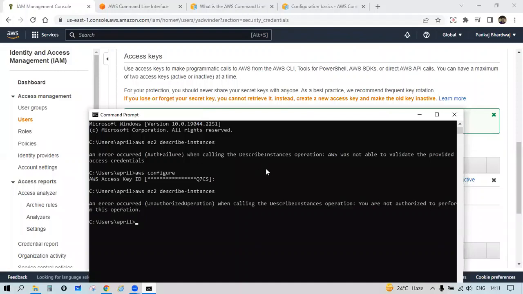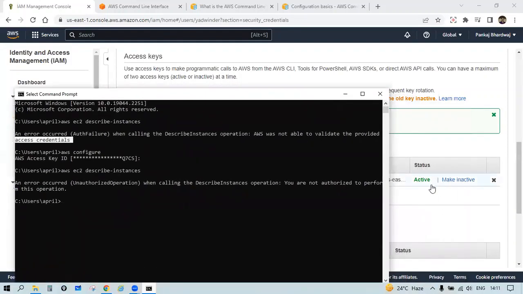आप देख सकते हो यहाँ पर एरर आ रही थी कि AWS was not able to validate the provided access credentials। क्यों? क्योंकि अब एक्सेस था ही नहीं उसके पास। लेकिन अब जब मैंने उस एक्सेस को एक्टिव कर दिया है, तो यू कैन सी दैट यू आर नॉट ऑथराइज्ड टू परफॉर्म दिस ऑपरेशन। क्योंकि अब डिस्क्राइब इंस्टेंस की पॉलिसी मैंने यादविंदर के नाम से हटा दी है, तो ऑटोमेटिकली ही इज नॉट एबल टू परफॉर्म दिस ऑपरेशन, ठीक है, ही इज नॉट ऑथराइज्ड टू परफॉर्म दिस ऑपरेशन। क्यों? ऑलराइट, तो ये चीज क्लियर है आपको। अगर मैं एक्सेस की डीएक्टिव करता हूं तो वहां पर आता है AWS was not able to validate, और अगर मैं एक्सेस एक्टिव करता हूं और पॉलिसी डिलीट कर देता हूं, तो ऑटोमेटिकली यहाँ पर आता है यू आर नॉट ऑथराइज्ड टू परफॉर्म दिस ऑपरेशन, ठीक।